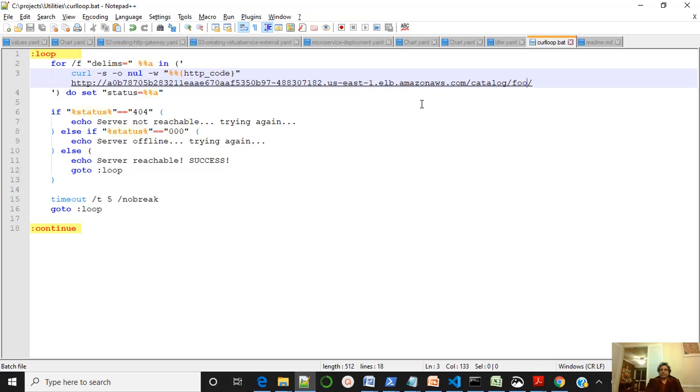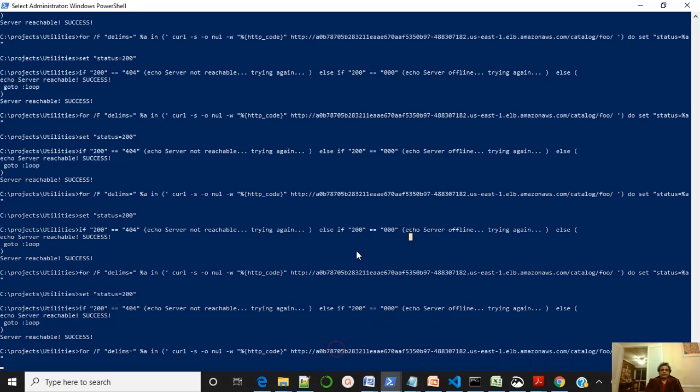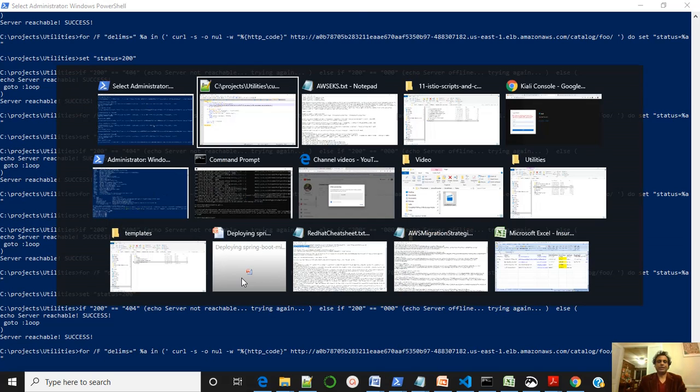And there was a typo here. I corrected it. Now, if you see here, it keeps hitting it and giving you the server as reachable, right? So that is what is happening. So right now